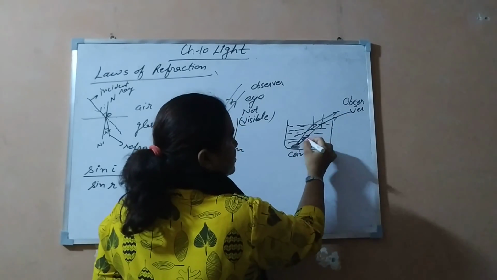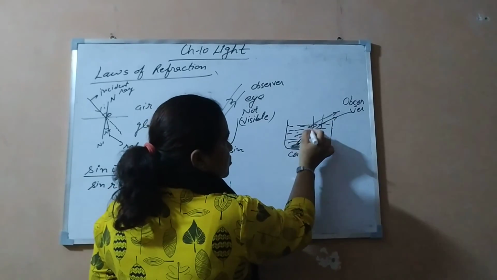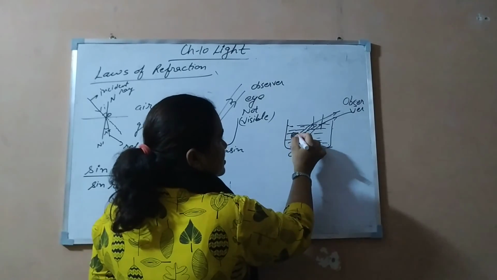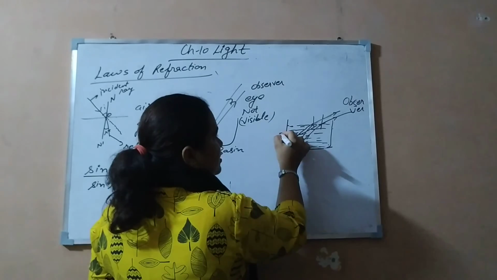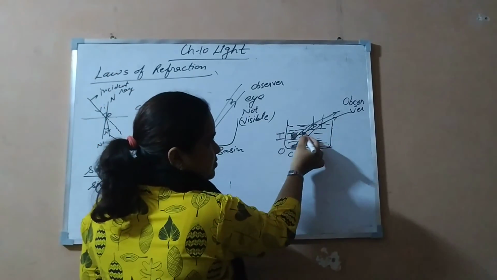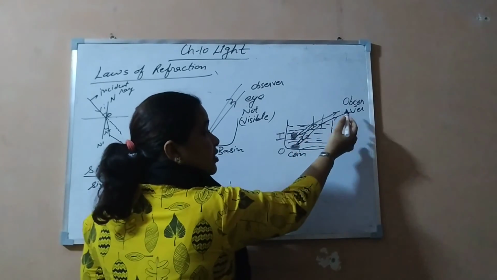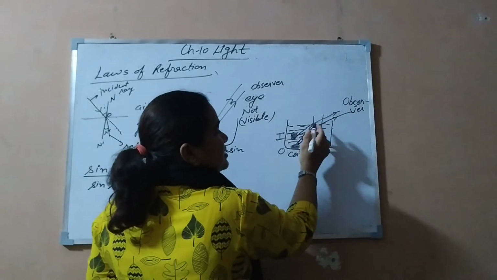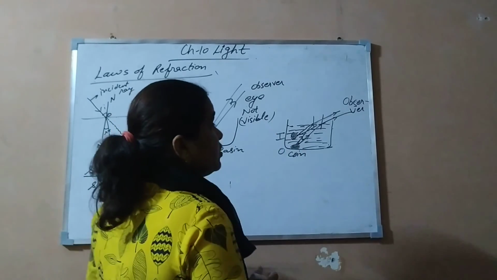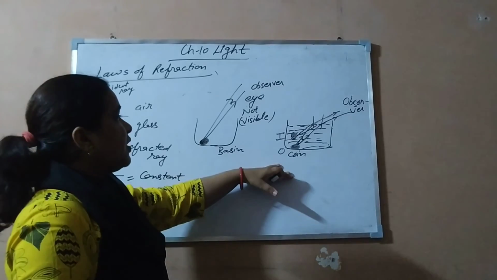These are going parallel, they are bending away from the normal, but when he produces it back, the coin appears to be raised. This is the original position of the coin, or this is the image of the coin. So the observer will see according to this optics phenomenon that light travels in a straight line. It appears to the observer that the light is coming from I. This image is from I, not from O. So after filling water, it appears like that. So it happens due to the refraction phenomenon.